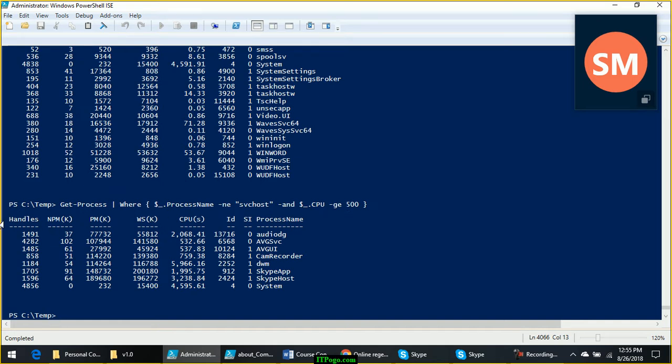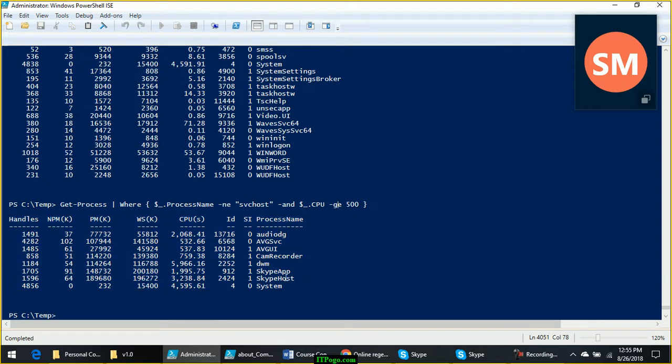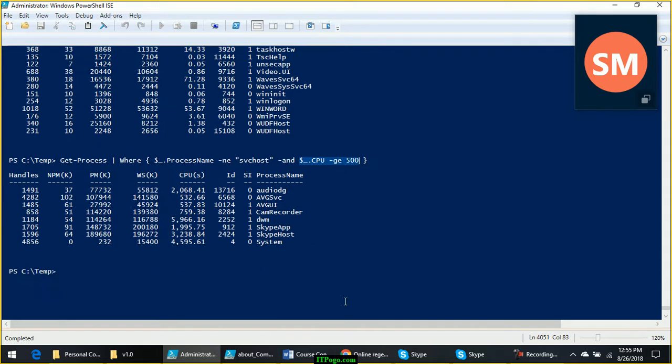So you have filtered the results based on two criteria. Use and, and it will look for the second criterion. Now you can give as many criteria as you want.